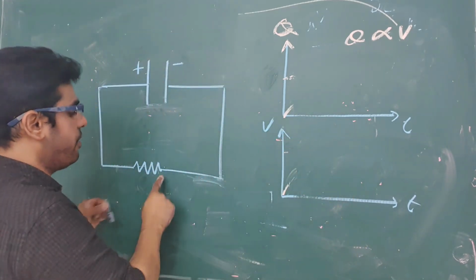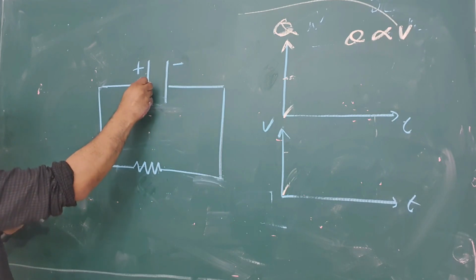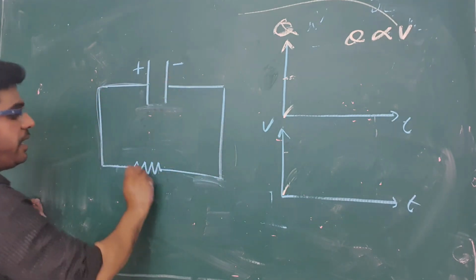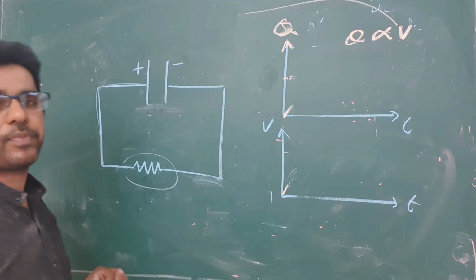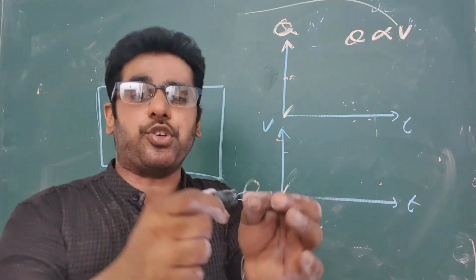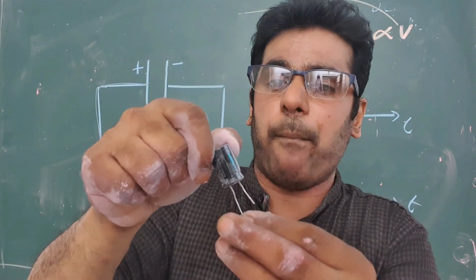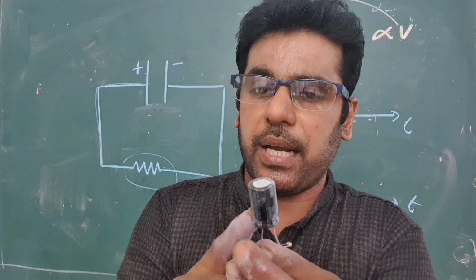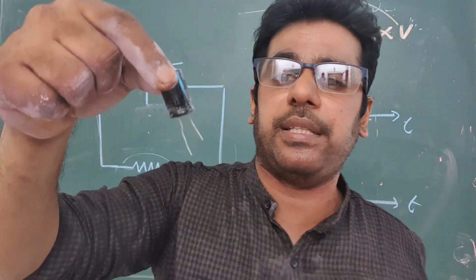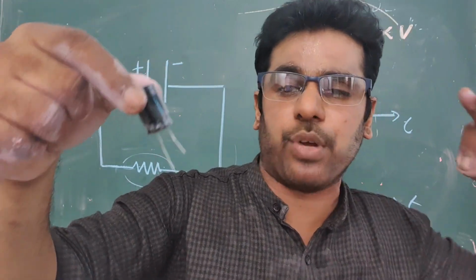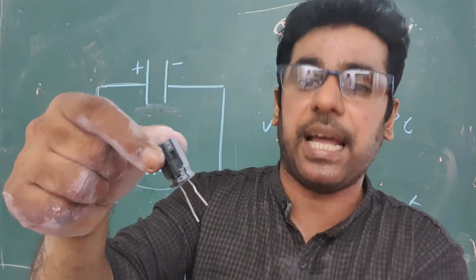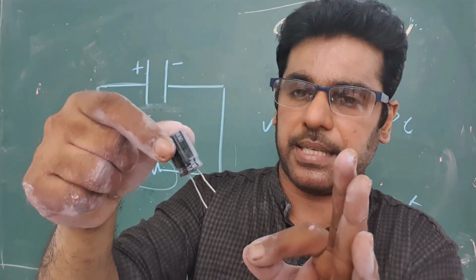Now this is the charged capacitor and we use a resistor with that one. This is the relevant diagram. When the charge comes from plus to minus, it undergoes heating. That means energy waste. At the very beginning it has the ability to do any work, but gradually that ability is decreasing. Finally that charge becomes zero. That is the discharging of a capacitor.